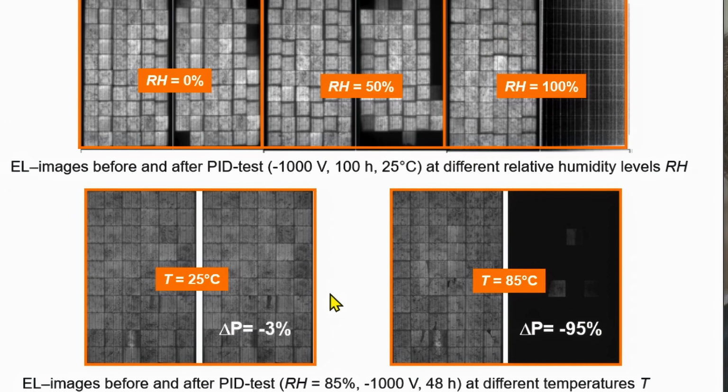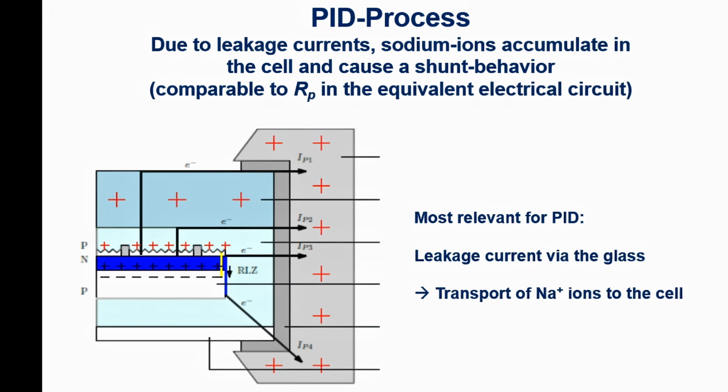Also, there's a temperature dependence. So here, if you have 25 degrees only, then after 48 hours you see a relatively small power degradation of 3% only. If you have high temperatures here at 85 degrees, you will see a very significant power degradation of 95%. Here you see the transport of the sodium ions to the cells are responsible for that due